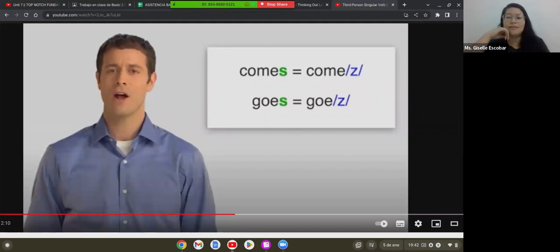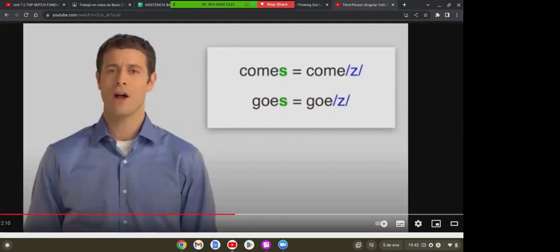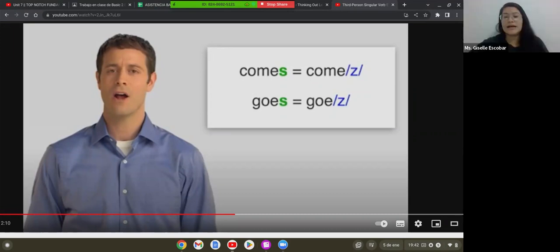¿Escuchan la diferencia? Yes, the end pronunciation. Exactly. So remember, when we see this letter, the sound has to be z, con vibration. Tiene un poquito de vibración. No es lo mismo que el sonido de la S. Z, z. Do you notice the difference?